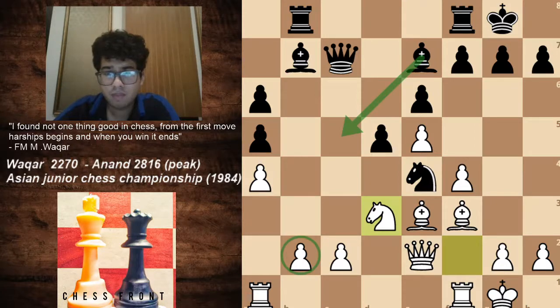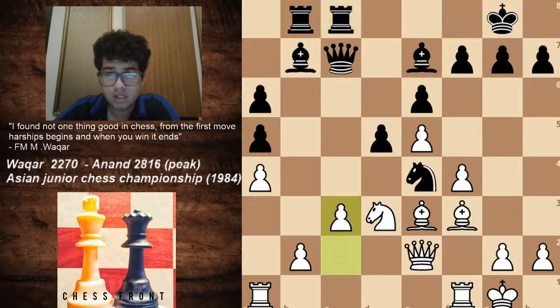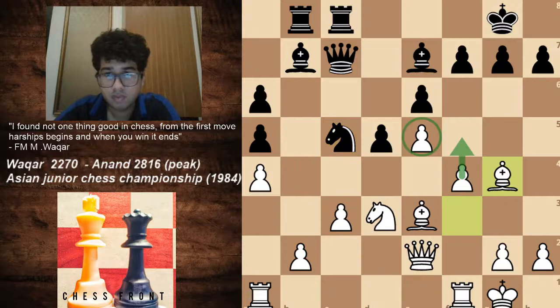The game would have continued like so. C3, an important move over here, maybe trying to fix this weakness. So we'd have knight c5, g4, bishop g4, and over here the plan is obviously that you can't push the f pawn because of this weakness.